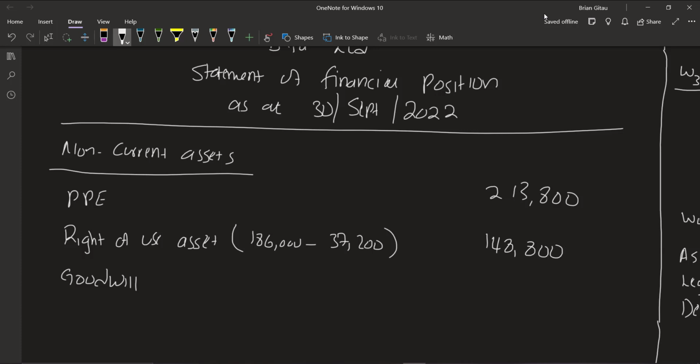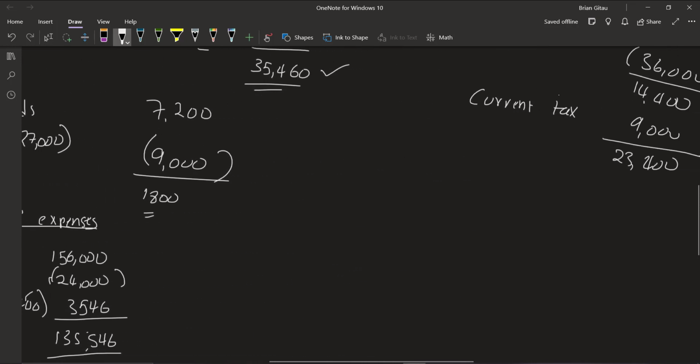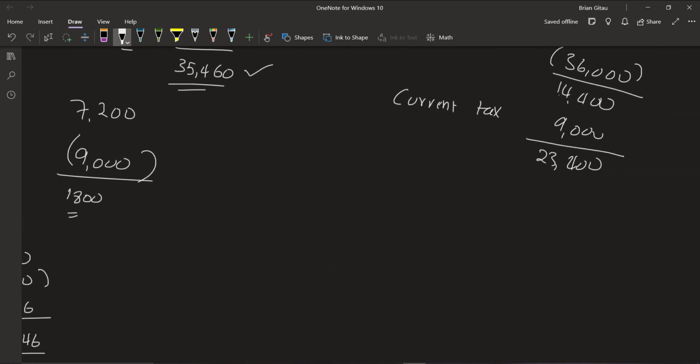Next we have the goodwill. So goodwill, we will have to do a working. So let's do a working for goodwill. Goodwill on conversion. We have the purchase consideration. The purchase consideration, if you read the last additional information,